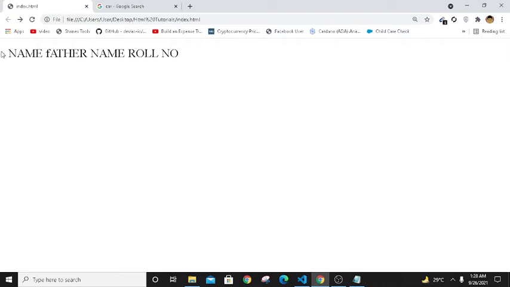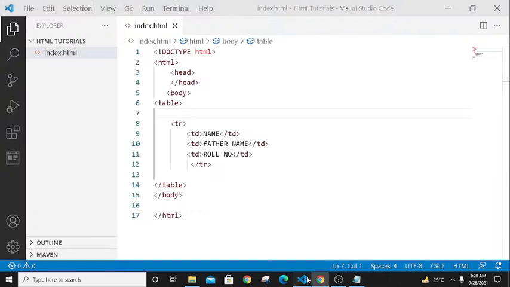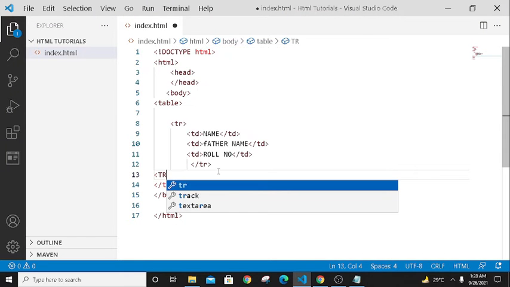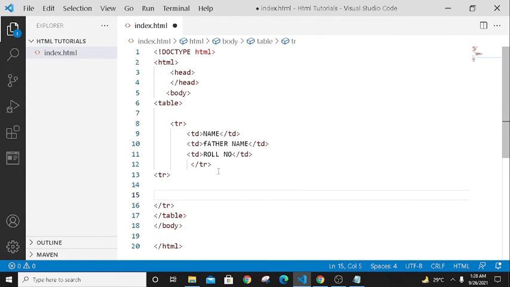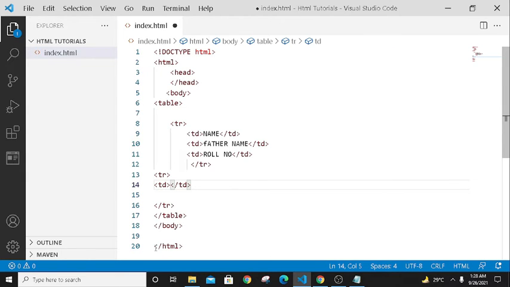Control S. Now as you can see, there are three data in our first row. We can make another row, table row tr. Now I can say td, table data would be name would be Ali.